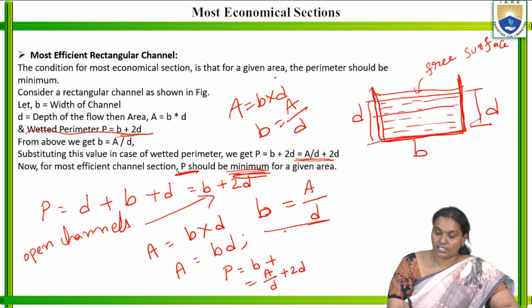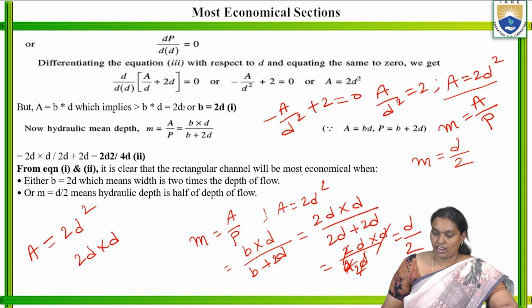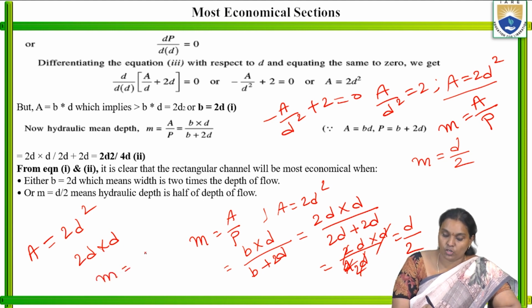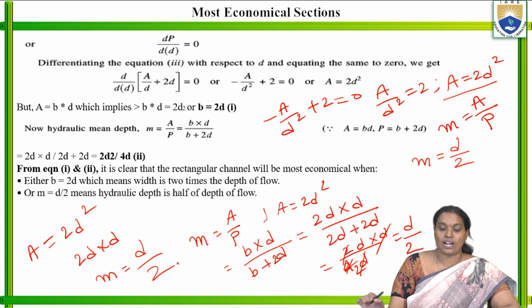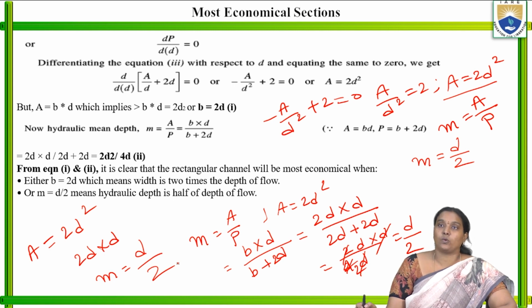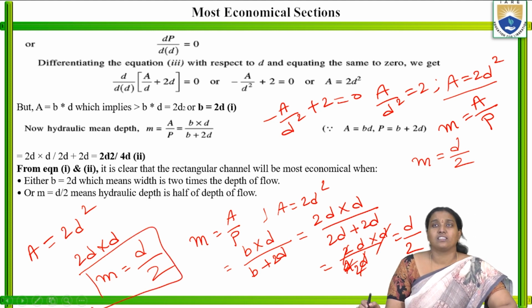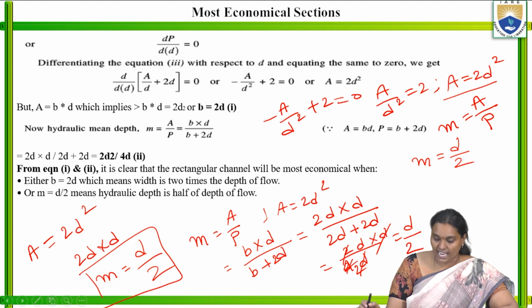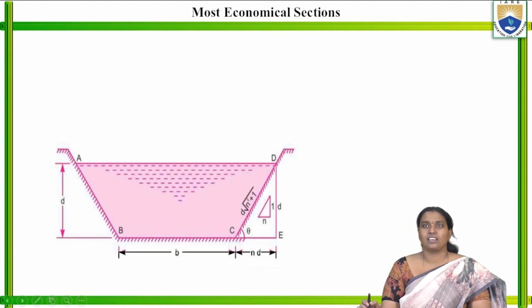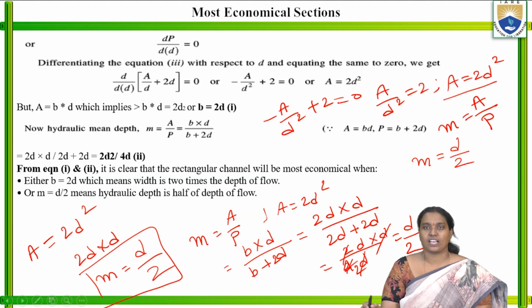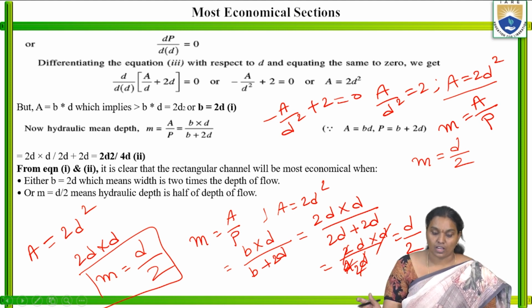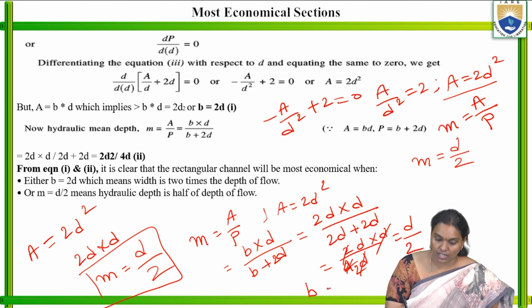Already we know b is equal to a by d. So we substitute all this, and finally we will get m is equal to d by 2. Hydraulic mean depth is equal to d by 2. This is one of the conditions for the most economical channel section for rectangular. For rectangular, this is the condition: hydraulic mean depth is equal to d by 2, or either b is equal to 2